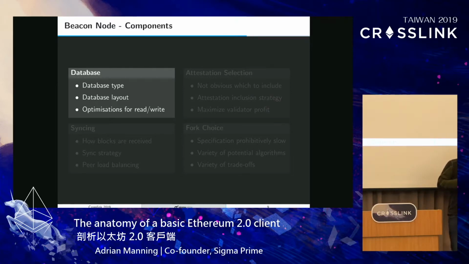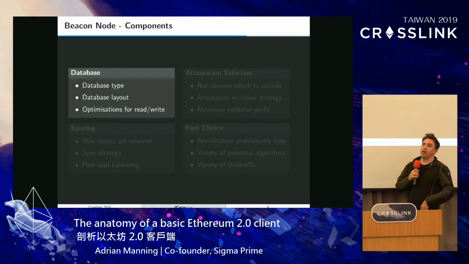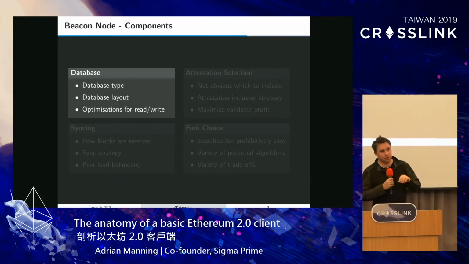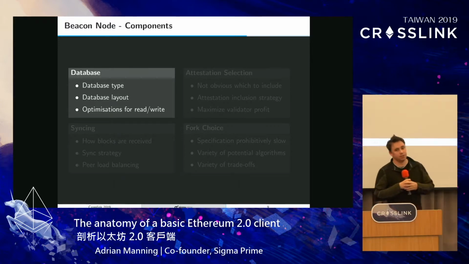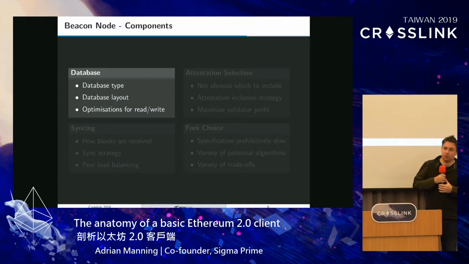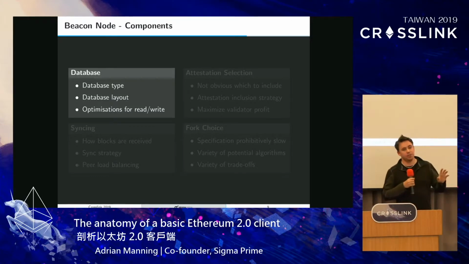So the next thing is, everything that I've spoken about so far is general across all Ethereum 2 clients. Now I want to talk about some of the discrepancies that you might be interested in across the clients. We have an Ethereum 2 specification, and that tells us roughly the rules about how the system should work, but it doesn't tell you how you should implement them. A simple example is that there are no optimizations really in the Ethereum 2 specification. So the implementers and the client teams will find their own implementations, and you'll have different performance trade-offs for memory,